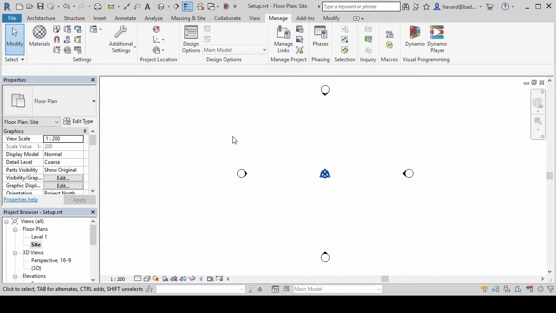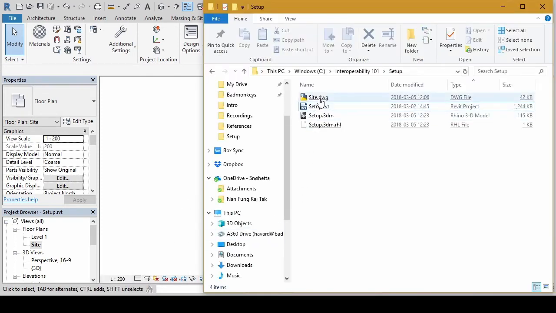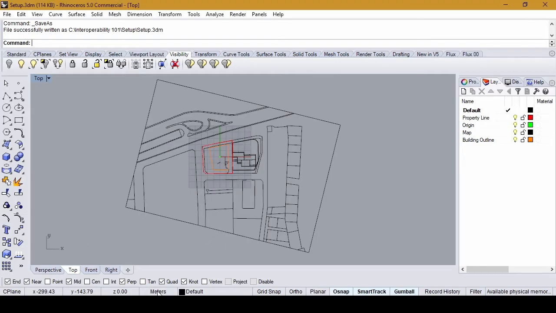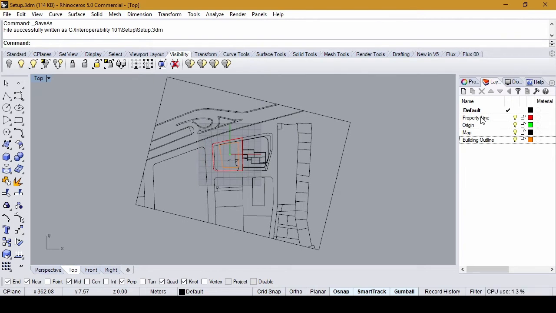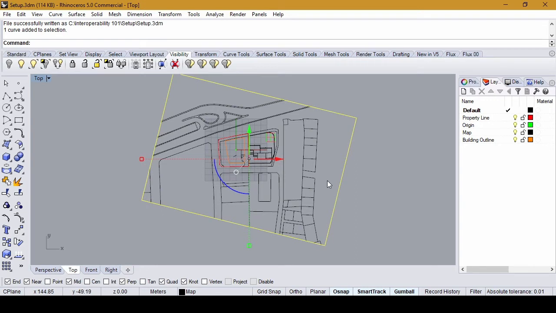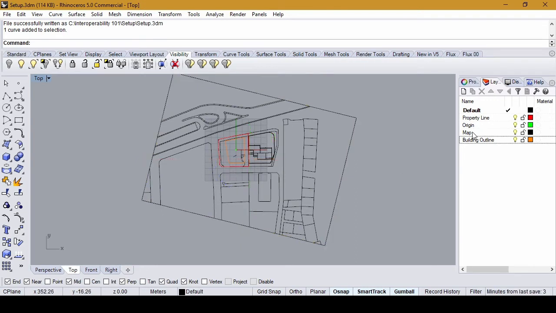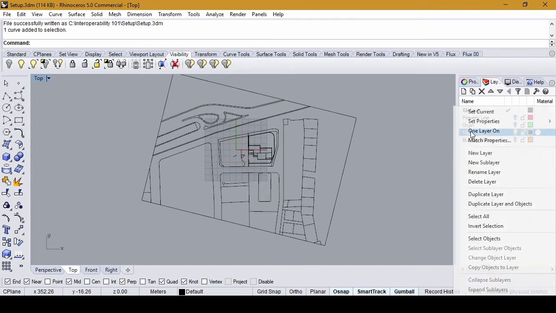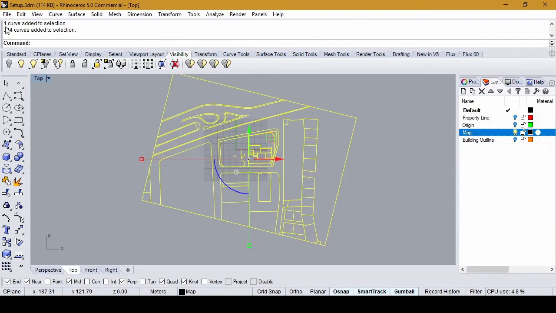ZX in Revit for zoom extents. We're going to start by importing some of the geometry from our Rhino file. We're not going to import the DWG file that we originally had because it's not moved and located to the local project origin. We're going to start off by selecting the line work on our map layer. So first hide the layers origin, property line, building outline. Right-click on the map layer, select Objects, and then go File, Export Selected,